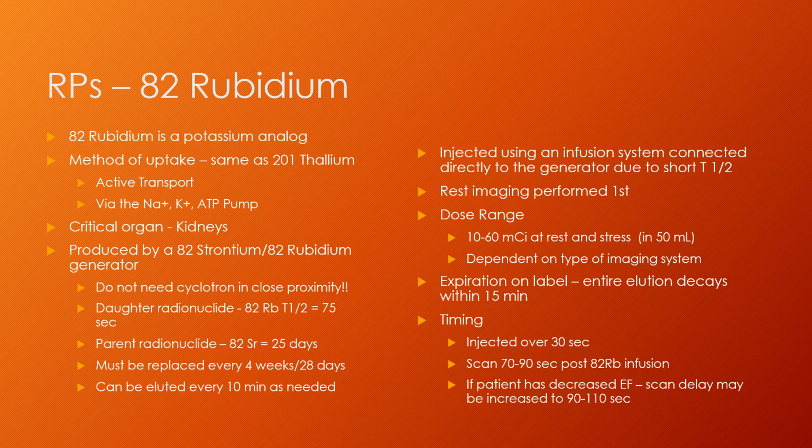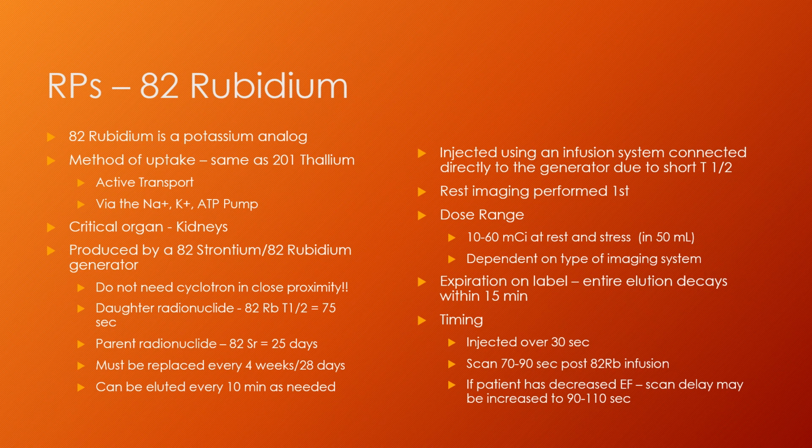And the actual dose depends on which generator you're using and the camera manufacturer, as well as the facility guidelines. Some of them use a weight-based dosing where they give a little bit higher dose to people who have a higher BMI. And some of them have to use a lower dose because the camera is so sensitive. You don't want to have a really high count rate and then have excess dead time on the camera. So the dose will range a little bit, but whatever it is for that facility, it will be the same